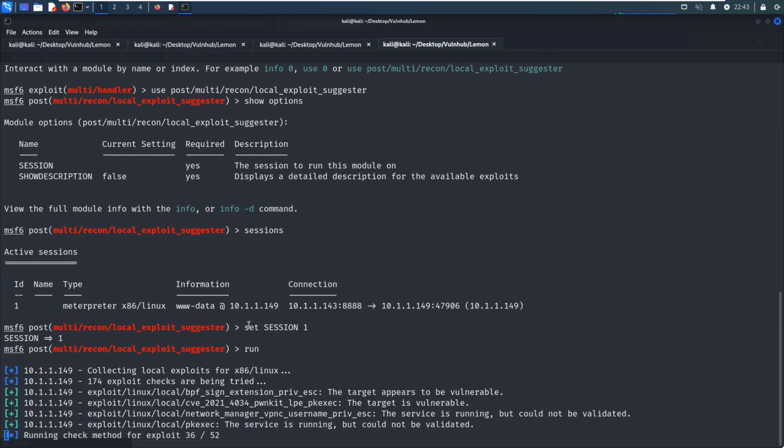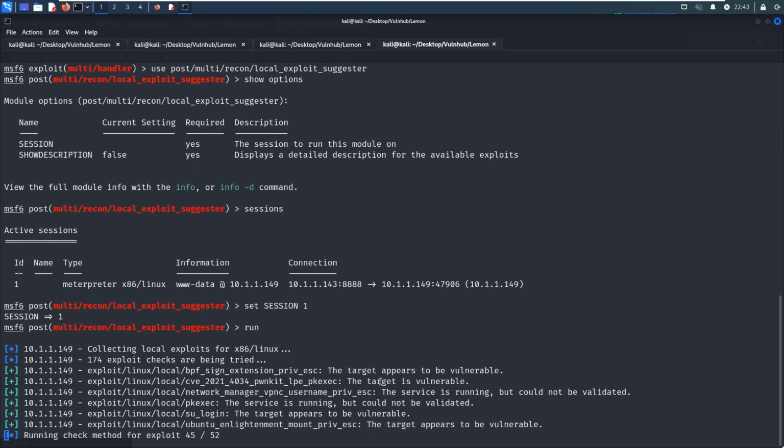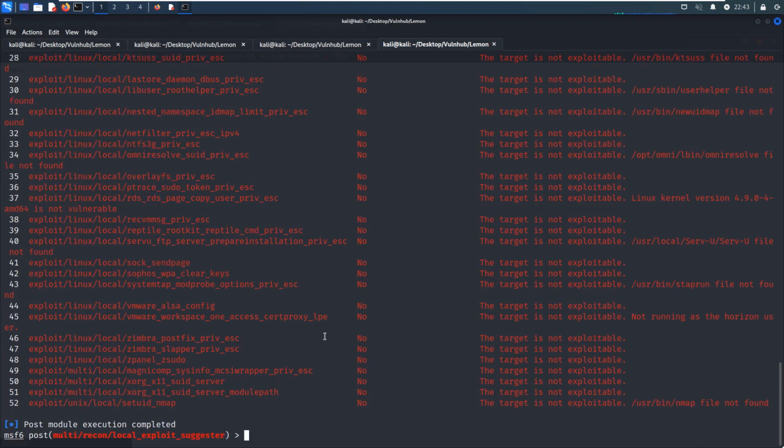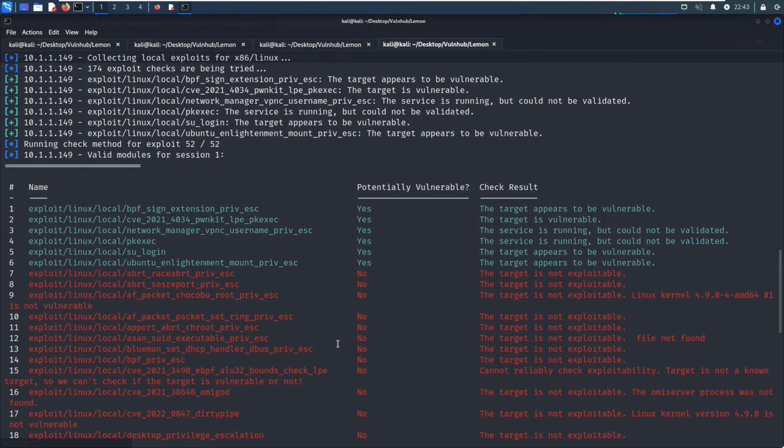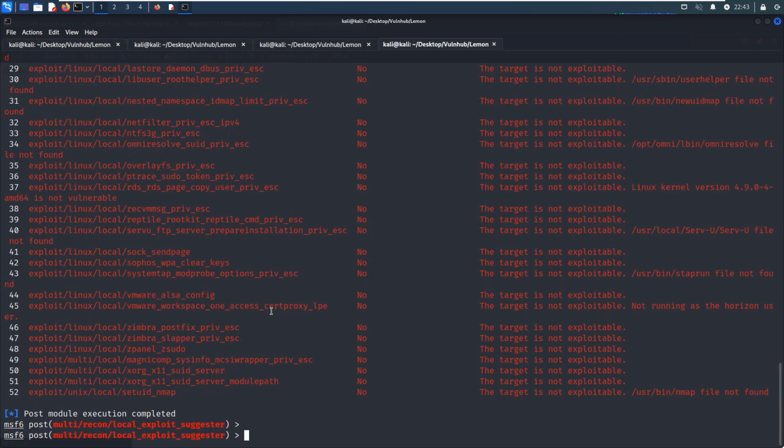As you can see, the target appears to be vulnerable. For me, I always like to use the first exploit module. If it fails, we can turn to other modules. You know, penetration testing is just some sort of try and test technique or process, right? We can use this module